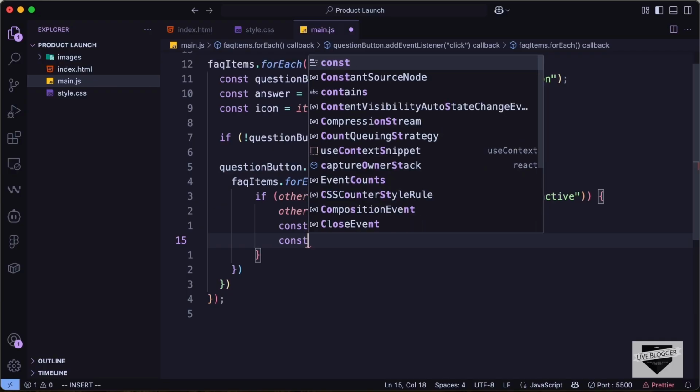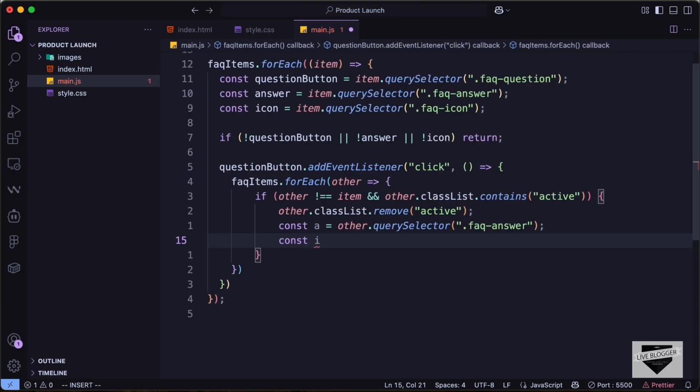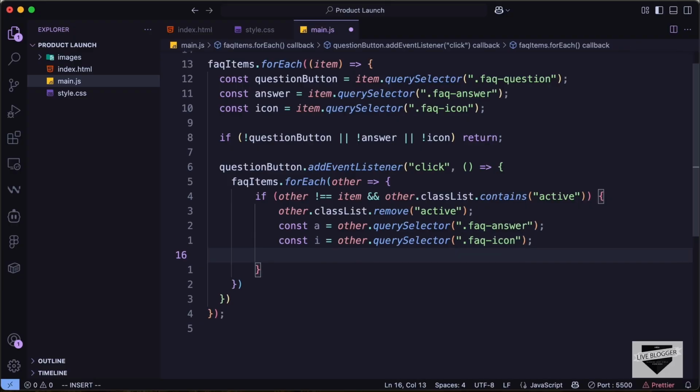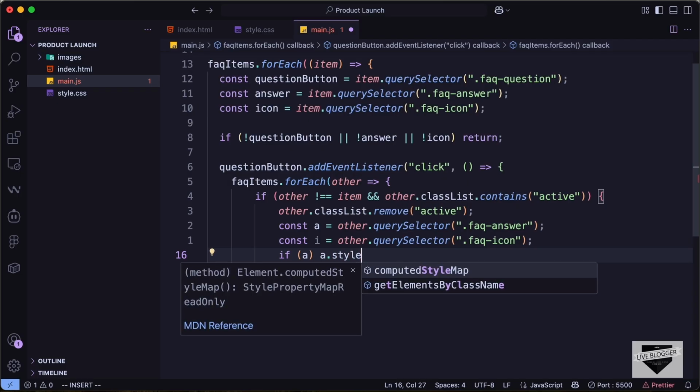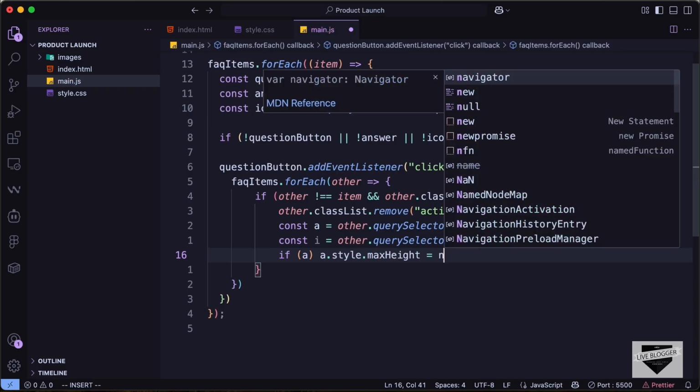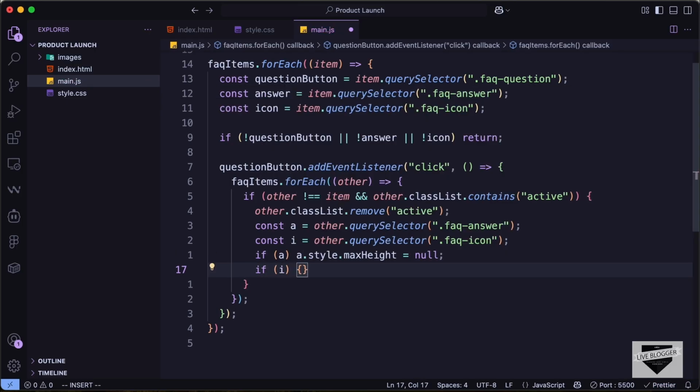And let's also target the icon. So let's type const i equals other.querySelector('.faq-icon'), and let's type if a. So if you have the answer, then we'll just go ahead and add a style. So let's type a.style, and let's set the max height to null. And for the icon, let's go ahead and type